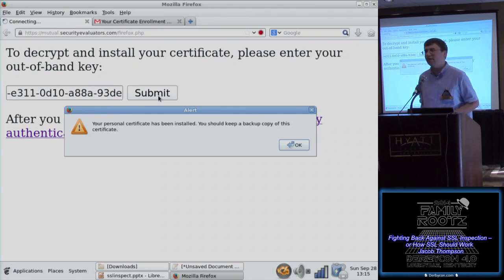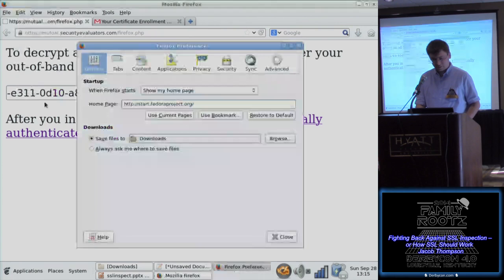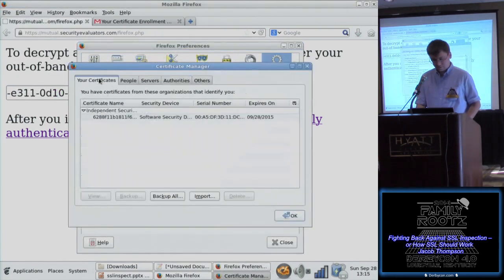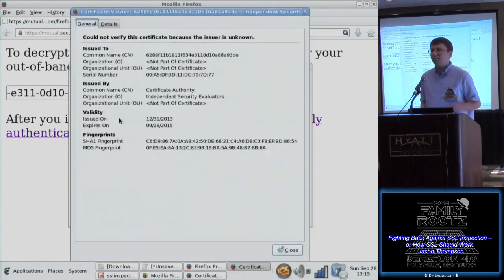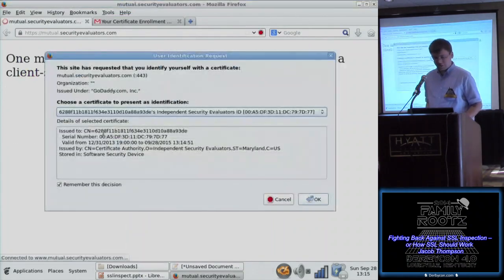This is another dialog generated by Firefox. Once this is done, the certificate is now loaded in my browser. This is not a real certificate authority. Instead, it's just this particular server running one to authenticate the client. When we try to go to this other subdomain now,